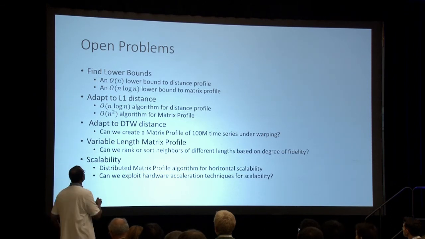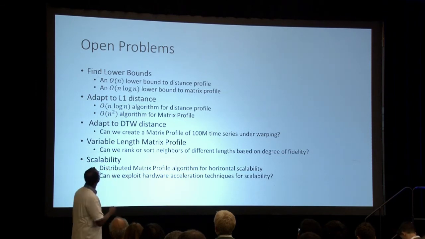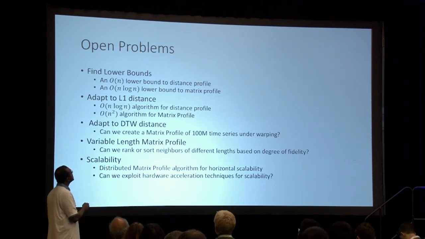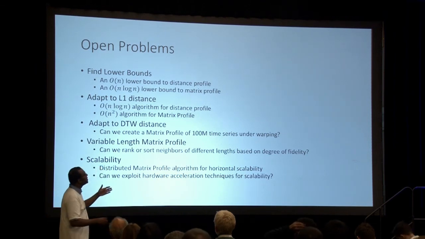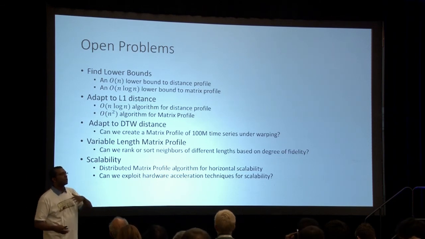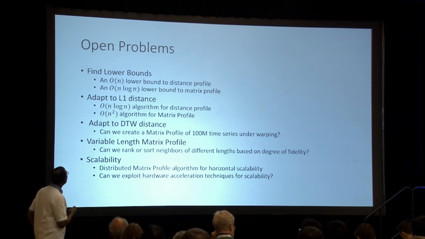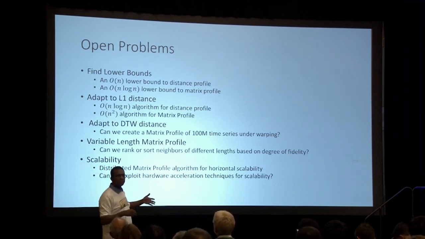Can we build inexpensive lower bounds to make them even faster? Can we make an order n lower bound for the distance profile, or an order n log n lower bound for the matrix profile? If we can, then by adopting those pruning techniques, we can make these matrix profile algorithms even faster. We can also go beyond what Euclidean distance and those lockstep measures